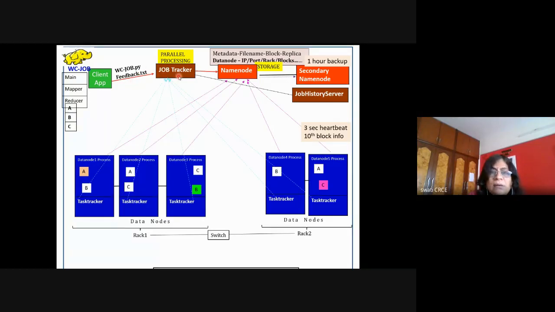In the cluster, the MapReduce component has a job tracker, which acts as the master, and task trackers, which act as the slave or worker nodes that perform the task. The job is a program containing a mapper function, a reducer function, and a driver function or main program, and that is submitted to the job tracker.